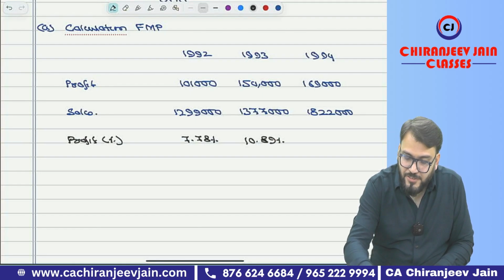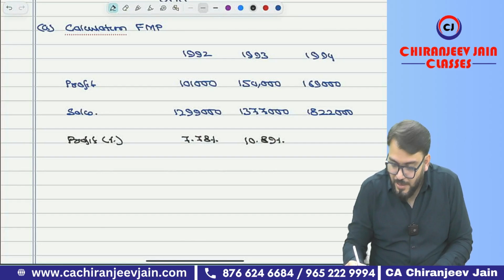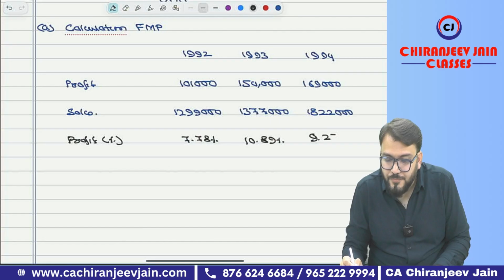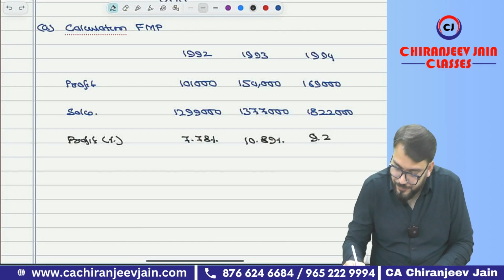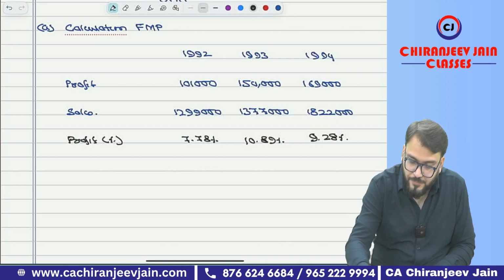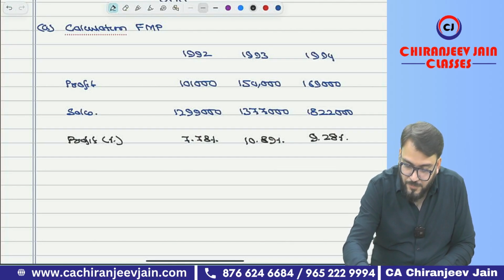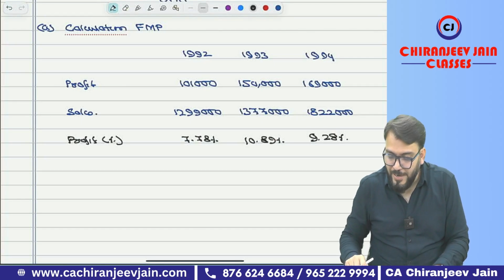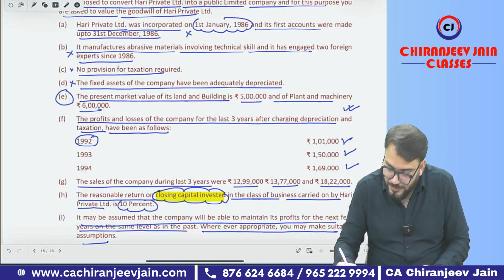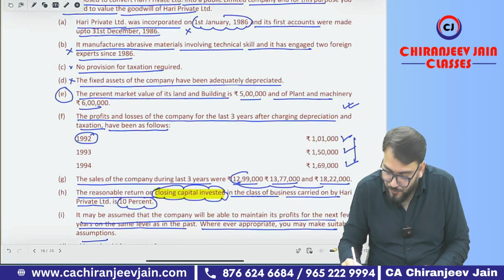Then 1 lakh 69,000 divided by 18 lakh 22,000 is around 9.28%. Okay. Got this point? You can see they have given this information and I have taken this information to find out